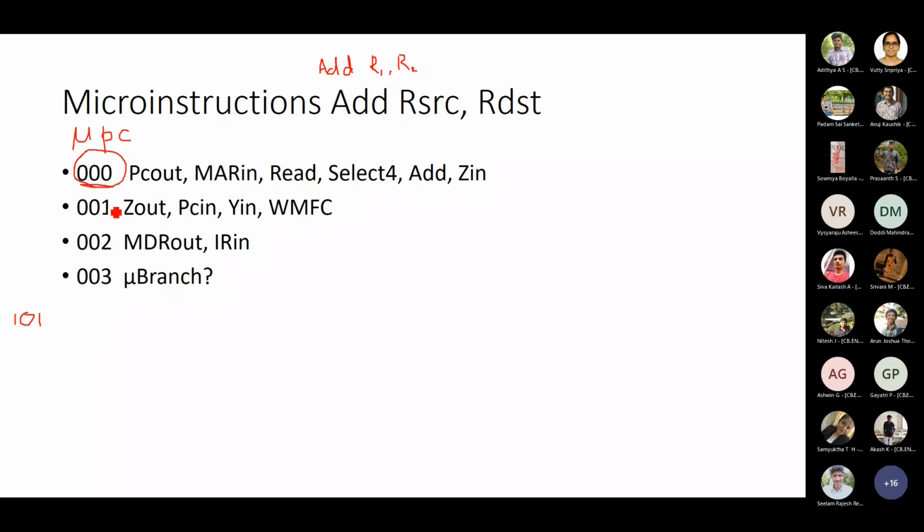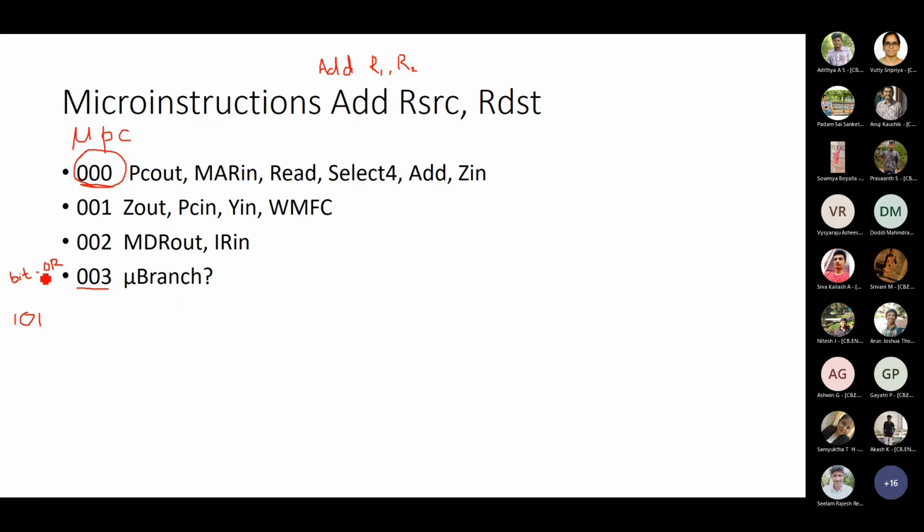So after executing the first 3 micro instructions, next address location 003 will always have the micro branching. So that decides based on which instruction where to branch to. Okay, that is what micro branches. Now, how do you realize that micro branching? You call that operation as bit ORing. Bit OR operation. I hope you can read it. It is called bit ORing operation.